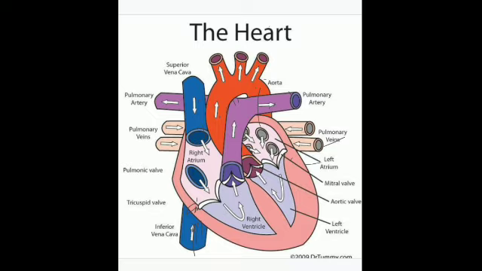Now they close with a sound so that there is no backflow. The blood is not returned back to the chambers from where they have come. So this closes. Is that clear? Now semilunar valves also open at this time. Now is the turn for the semilunar valves to open.